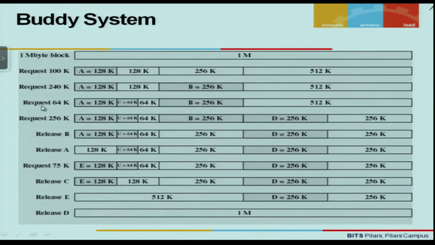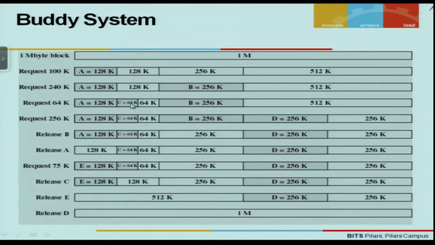Let us assume that another request of 64K comes in. We have a 128K free block, which can be divided into 2, 64K and 64K. So the 64K request C can be met by a 64K block, leaving a 64K free here.